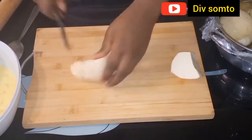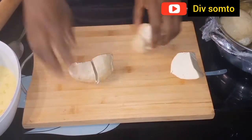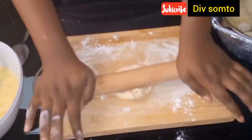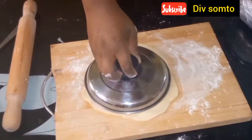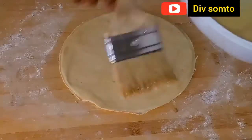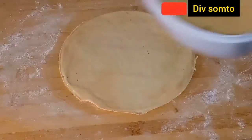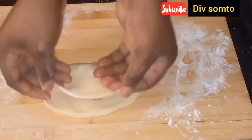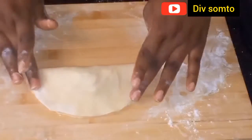This is the dough. This is one part of the dough. I'm going to use a knife and cut that into 4 equal parts so that one part gets me one dough and the other part gets me another dough. I hope you understand what I mean. So I use this plate cover. I don't really have a cutter. I've been thinking about it. I think I'm going to buy one, but I don't have money, so I'll make use of anything I have as